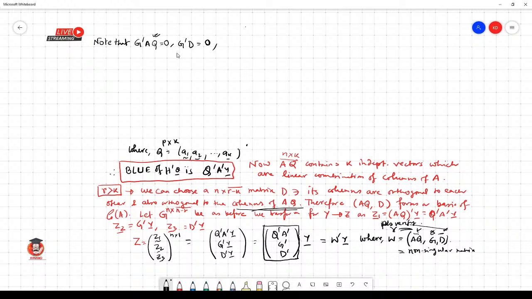So this is from the... you can easily relate this part with the result that SSE follows chi-square distributions. So D prime AQ, this is again 0, because this and these form the basis of the column space of A,